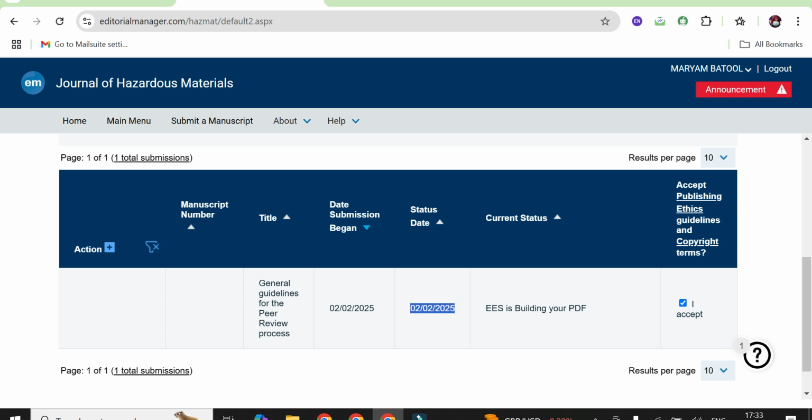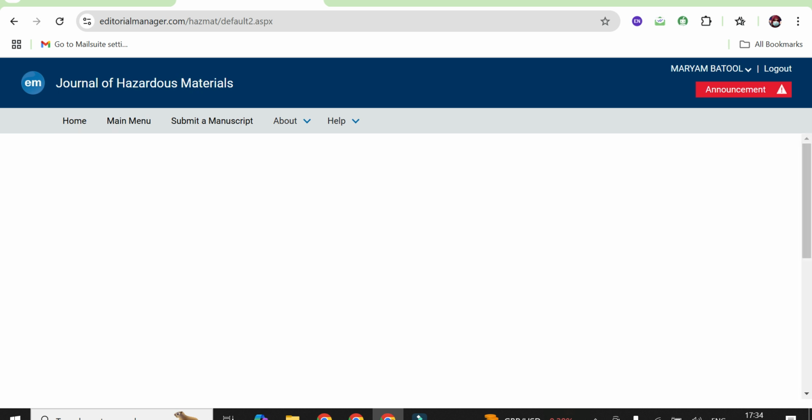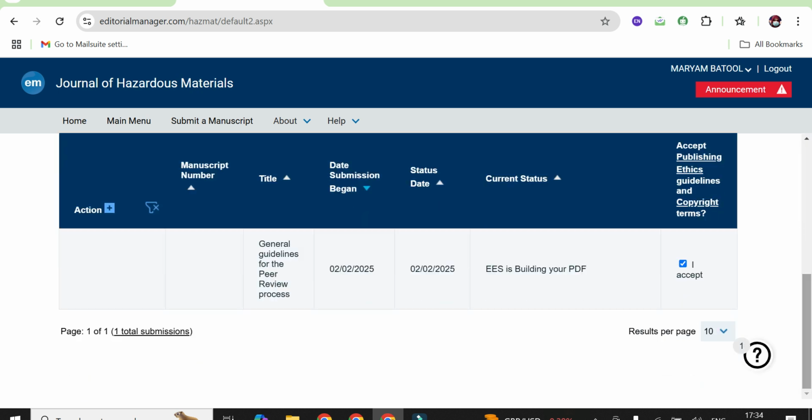Here it is shown whether the paper is with the editor or with the journal administrator, or it is under review, rejected, or accepted. So the status of the paper will be shown here, and the current status is that it is now building the PDF of your paper. So once your PDF is built by the system, you need to view the submission,